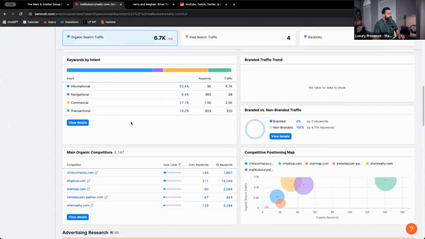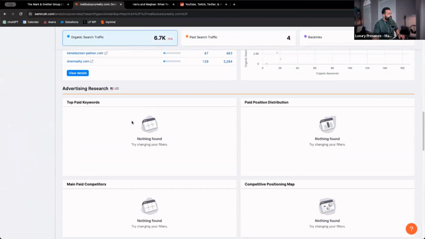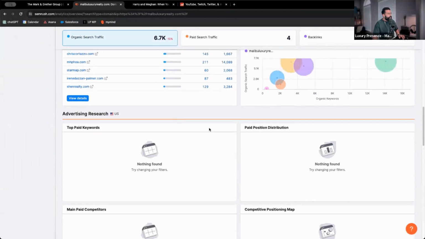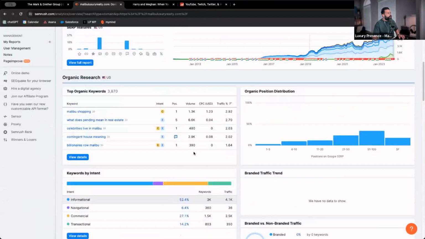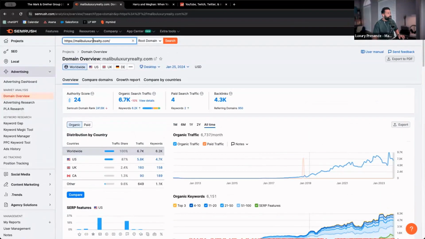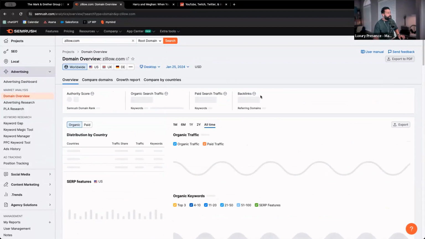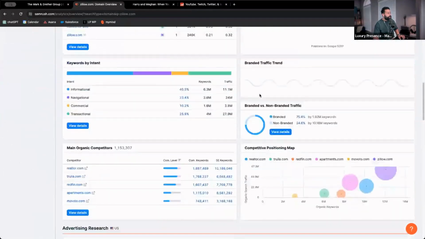Okay. They're not coming up on here, but I know a website that will come up, Zillow. So this is where you can try and reverse engineer some businesses or websites that are doing this at a very, very high level. So this is Zillow, obviously Zillow are going to have some ads. If I scroll down,